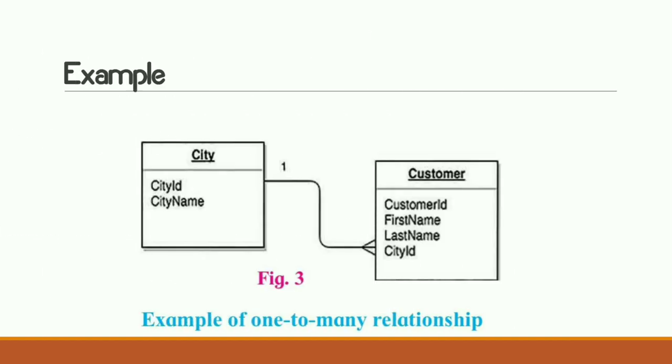So here is an example of city and customer. Whenever you stay, suppose you stay in Pune, so that's your city. You cannot say I stay in Pune, I stay in Bangalore, I stay in Mumbai at a time. No, you stay at one place at a time. So if you stay in one place, that is Pune, then this is one to many. Why? Because in Pune so many people are staying. Okay, so this is also a one-to-many relationship.